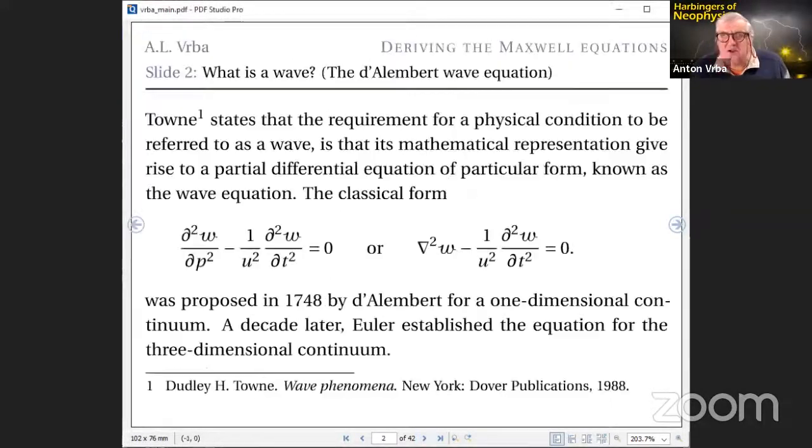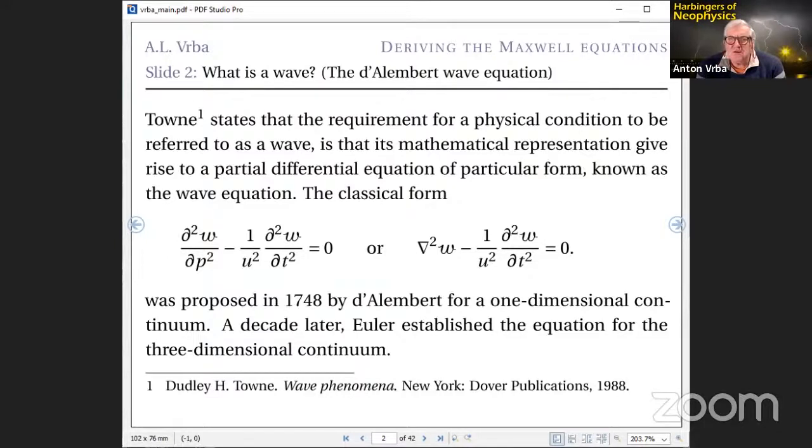Okay, so welcome. That's just the title. And the first question I asked: what is a wave? The best definition for a wave I found was given by Dudley Town in the opening statement of his book, which simply states: if the mathematical representation of whatever